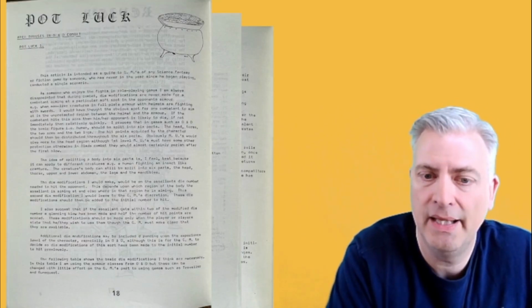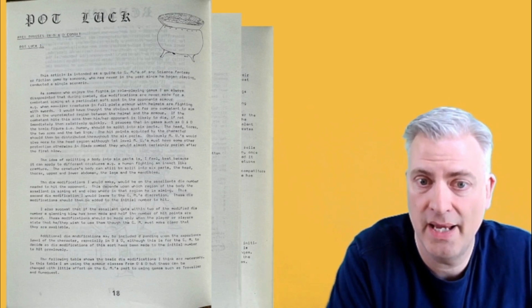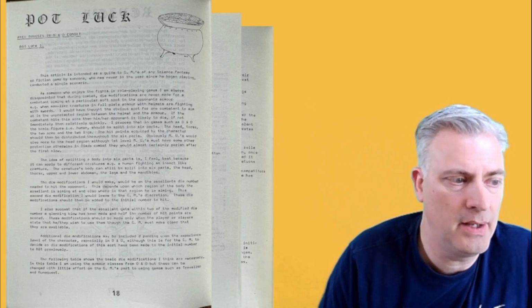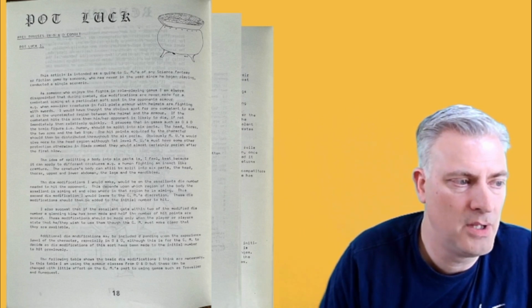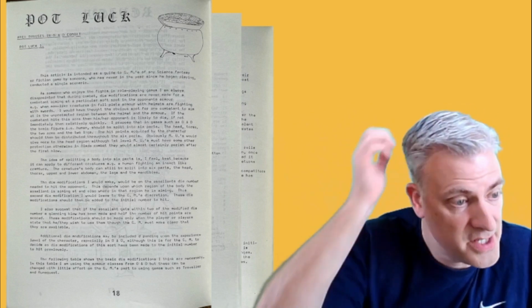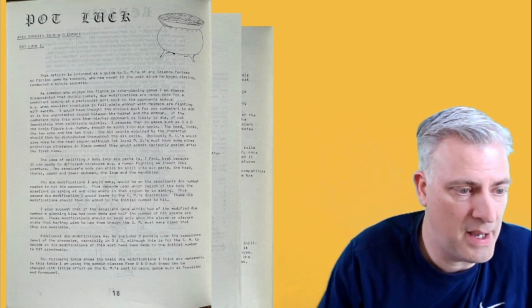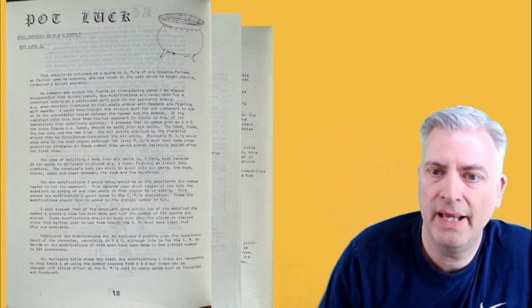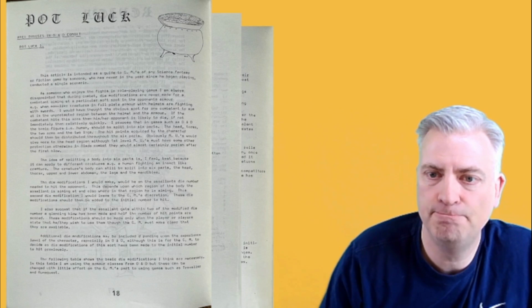Potluck is charts and potential rules for your D&D campaign. Potluck this time is done for us by Neil Wooten, who's new, and Gavin Carver. And the first one here is